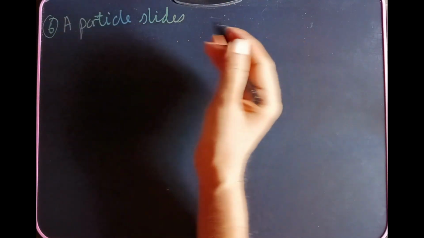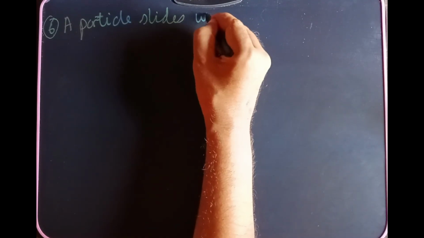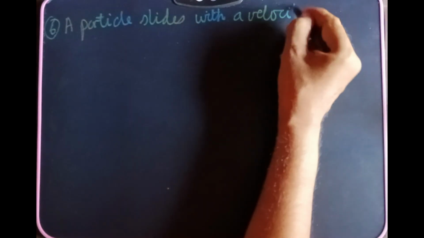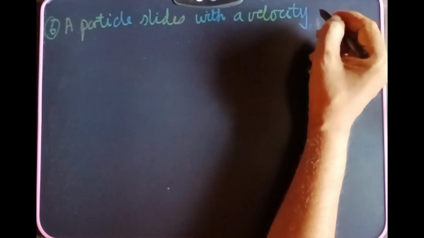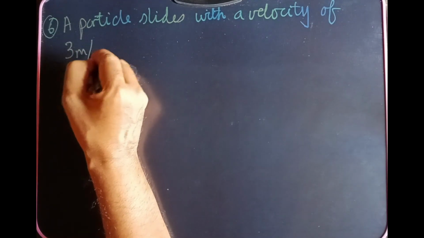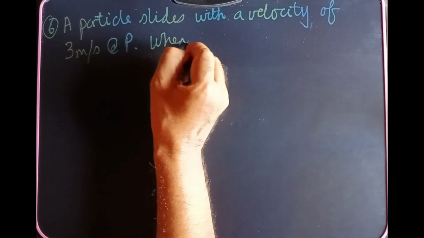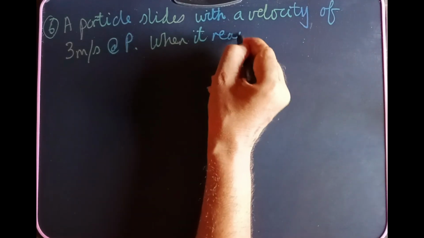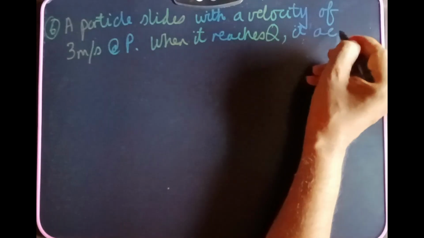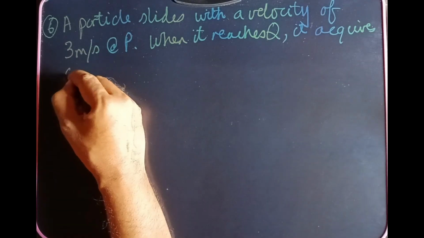I can't memorize all the problem. I'm looking into the paper and trying to write here, okay, with a velocity, but I'm trying to solve it with you only, with a velocity of 3 meter per second at P. When it reaches Q, it acquires a velocity